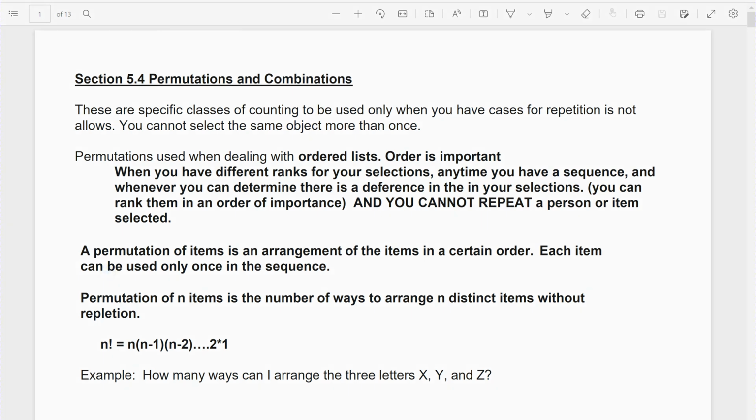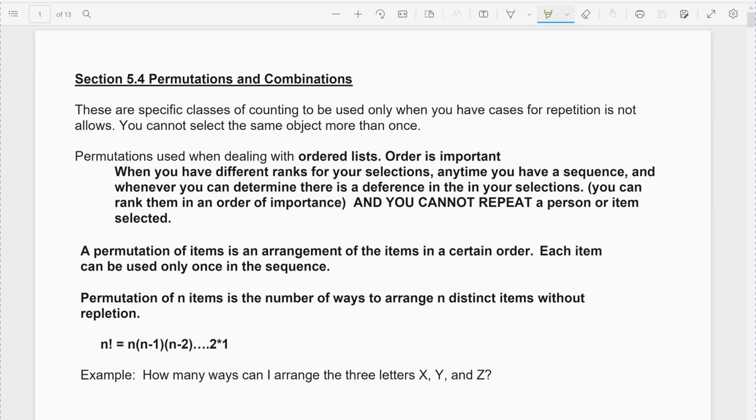Alright, so this section of 5, section 504, is on a very special type of counting technique, right? Counting is important, so we have to be able to count stuff in order to find probability. Alright, so permutations and combinations. Again, these are very specific types of counting techniques to use, and only to use, so you can